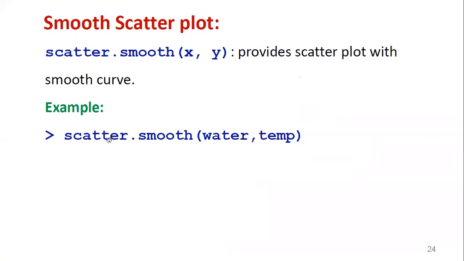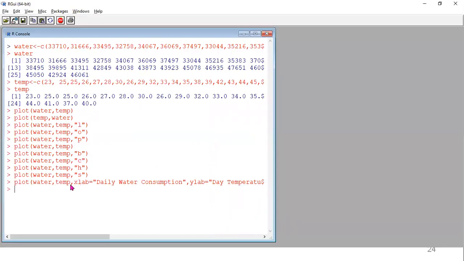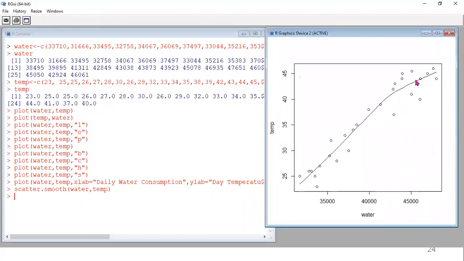Use this one, then see how the graph displays. Here you can observe the smoothness. This is the shape of the scatter smooth graph.